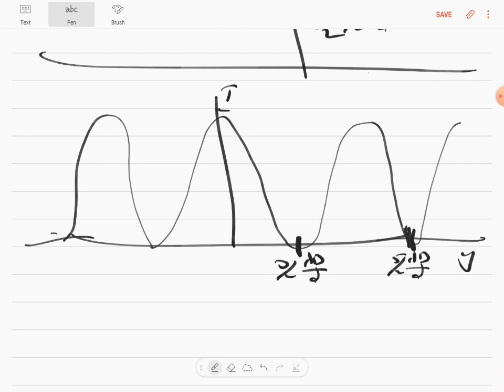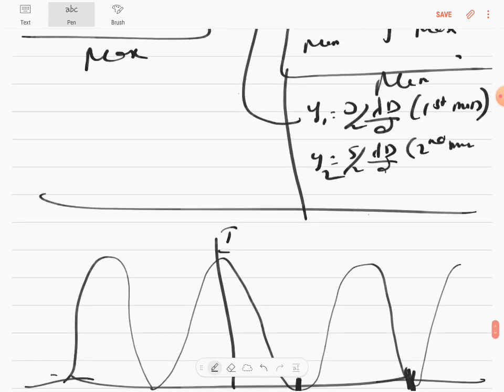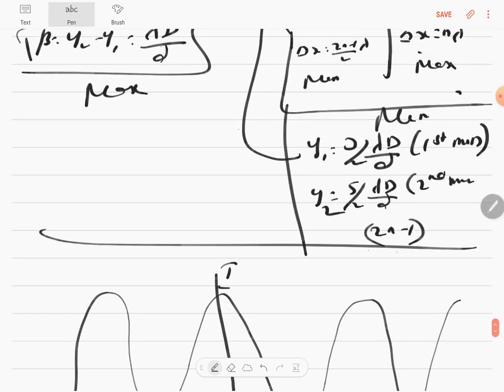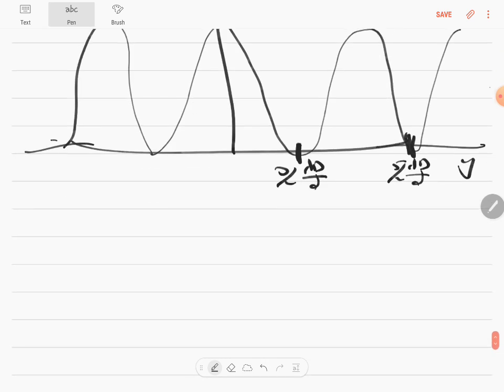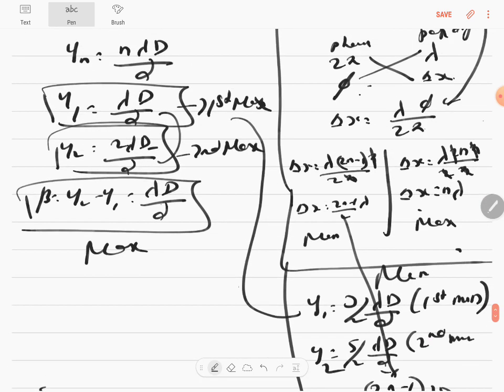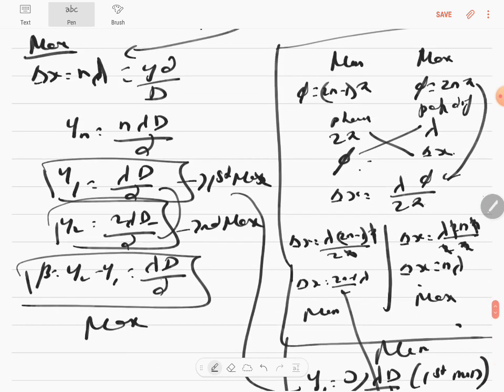So these are the minima's position. I hope you understood. So when you put (2n minus 1) by 2 into lambda, in this condition you put n is equal to 1, you get lambda into capital D by small d. So in that condition, n is equal to 1 will give you 1 by 2 into lambda into D by d. This corresponds to 1 by 2, this corresponds to 3 by 2, this corresponds to 5 by 2, and so on, correct? The first minima occurs at, okay, so the first maxima on either side,